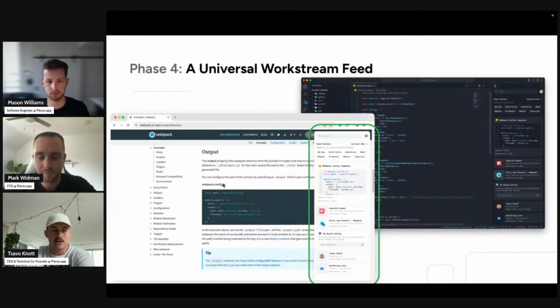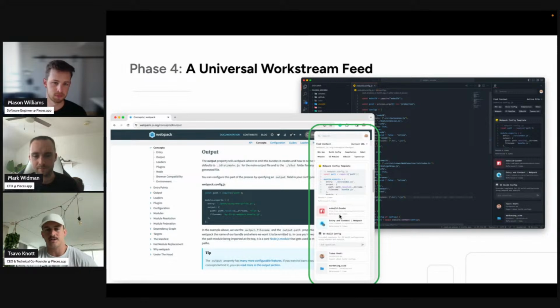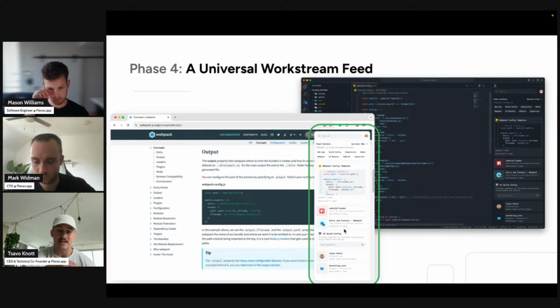What that means is, given your current context, we can use that for context in a Copilot, but we can also use it as a great entry point to query things that are saved to Pieces and relevant to this current context. So if I'm looking at a Webpack config on the browser, can we refresh this feed in real time, call it 100, 200 milliseconds, to give you relevant snippets that you've saved, referenced, and reused, and relevant links that you've often visited in this similar context? If I'm looking at Webpack, maybe I'm checking out ESBuild. And then there are other specific components of Webpack that I'm often drilling into.